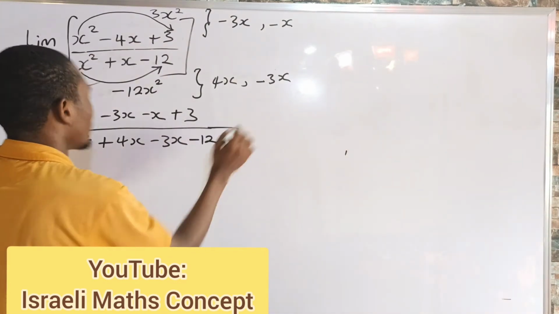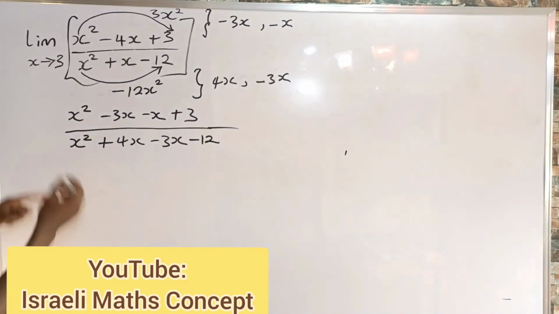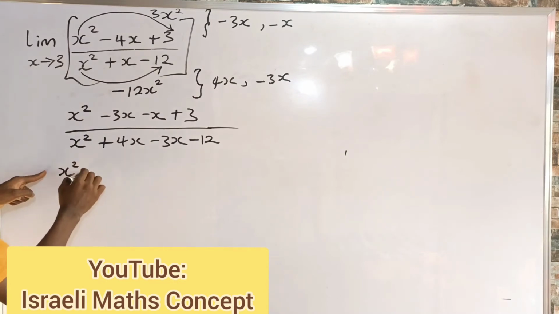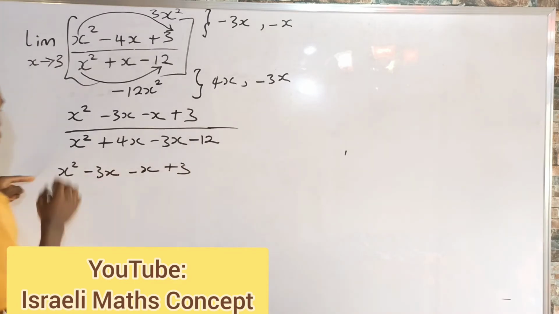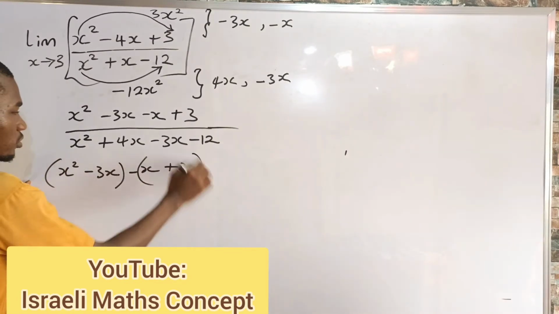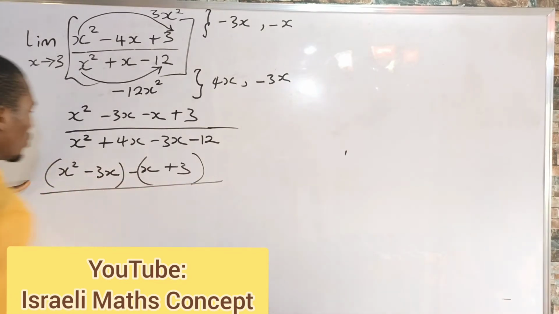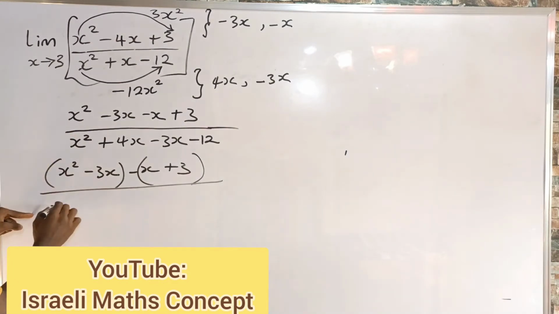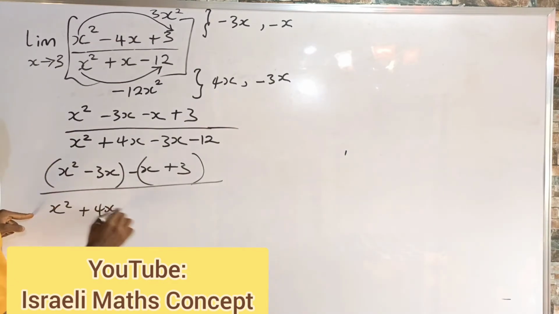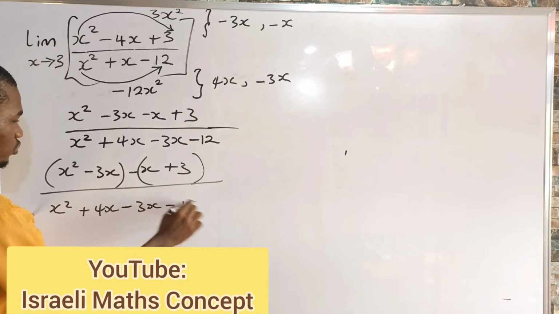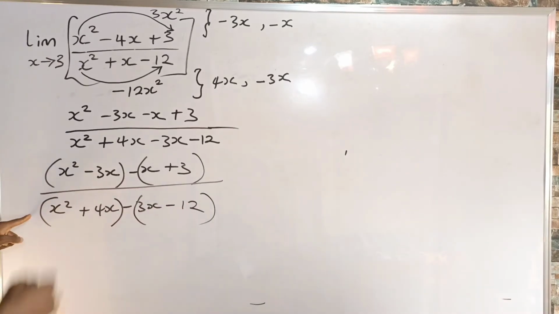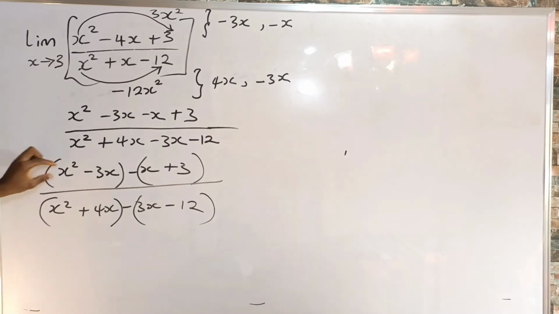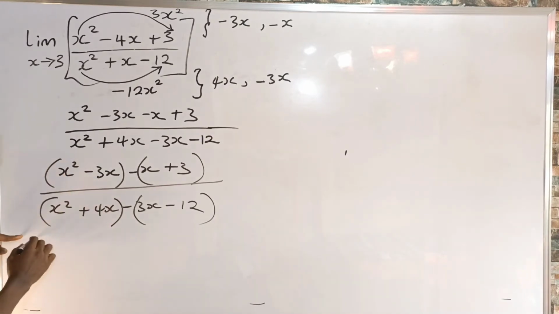Negative 12. So that is very simple. Then we have x squared minus 3x minus x plus 3. We group them in twos, all over. Then we also have x squared plus 4x minus 3x minus 12. We also group them in twos, such that when we factorize, x is common here and here, we factor out